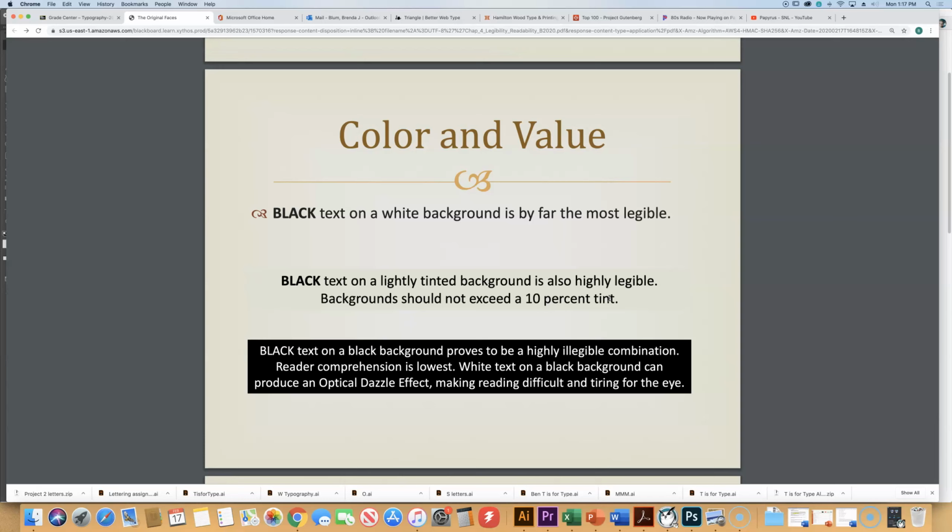Color and value, so contrast is important. Black text on a white background is by far the most legible. The contrast is there, we can pick out the letter forms. Black on a lightly tinted background is also very legible, but your tint can't go beyond about 10% of whatever color it is. Okay, reverse type. That's when we take type that's normally black and we reverse it out to white on a dark background. If you're going to reverse type out